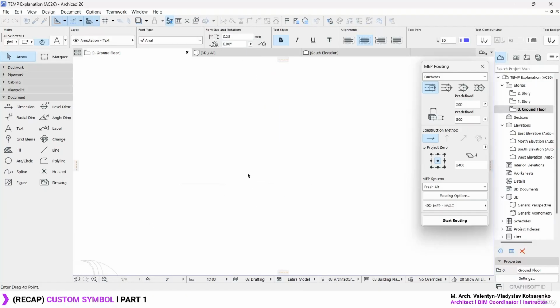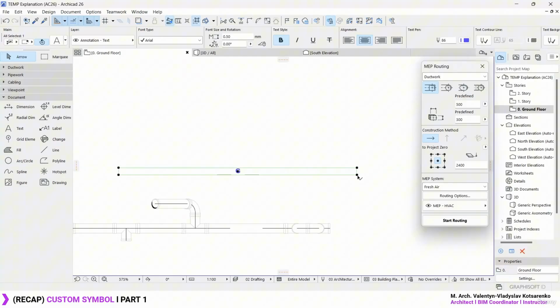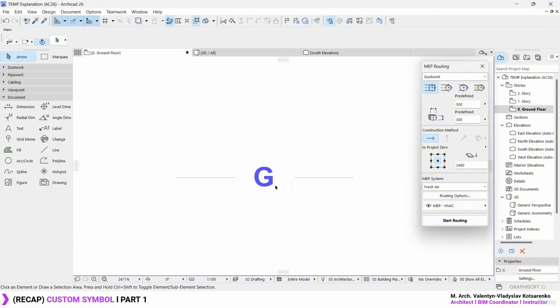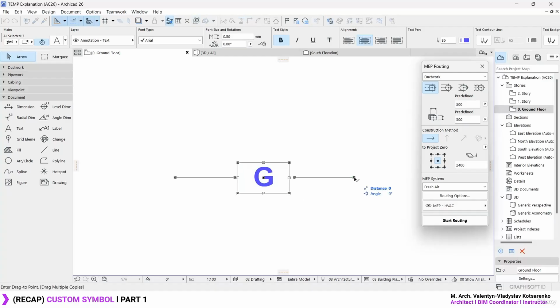Let's see if we can fit this letter over here. I'm going to make it a little bit bigger and decrease the space we require for this letter. So let's see if we can fit it over here. There we go. So yeah, if you create something like this directly, ArchiCAD is not going to accept this type